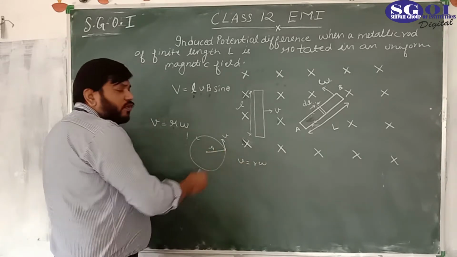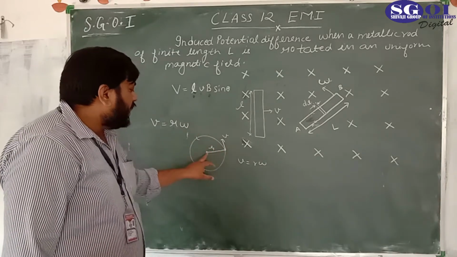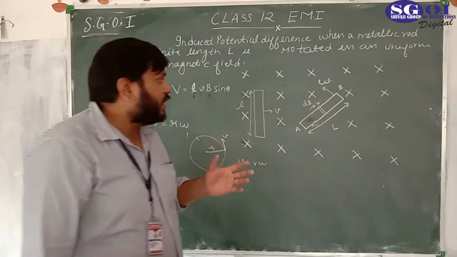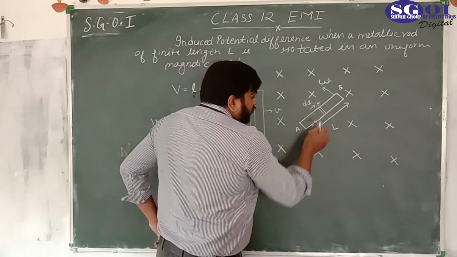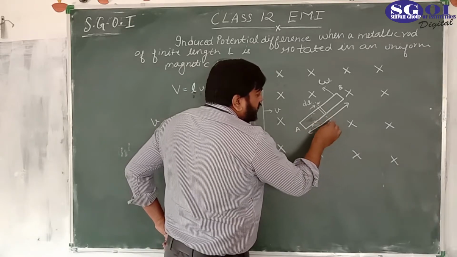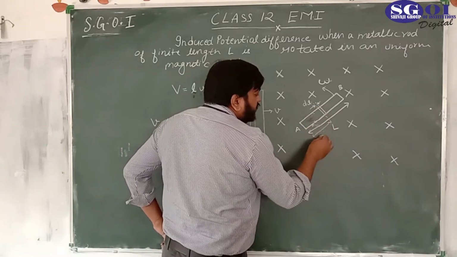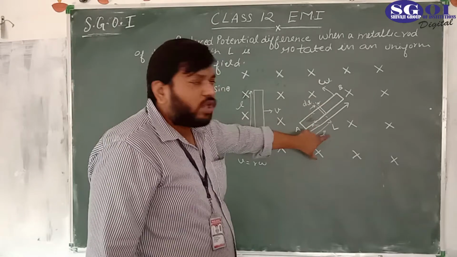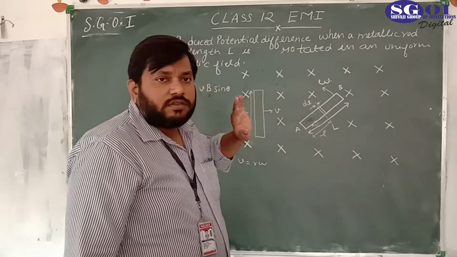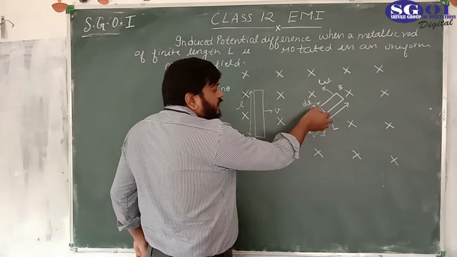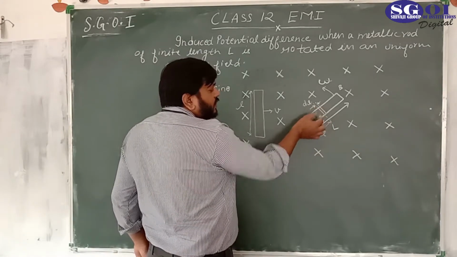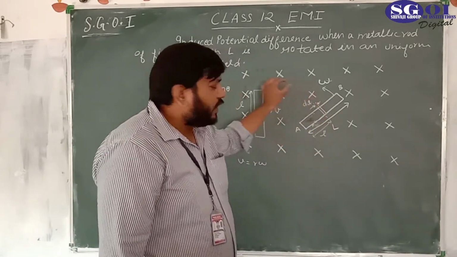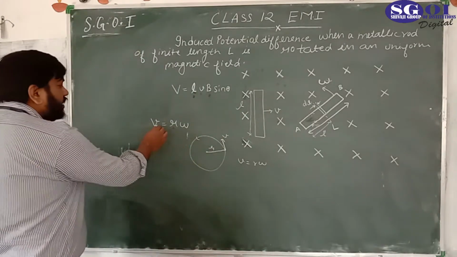So this is the distance from where the object is moving in this path, the distance from the axis of rotation, or we can say the point about which it is rotating. Let's say this small element is dl, and this is small l, the distance of this element from the axis of rotation. The whole length is capital L, and this part is moving with linear velocity, small v.